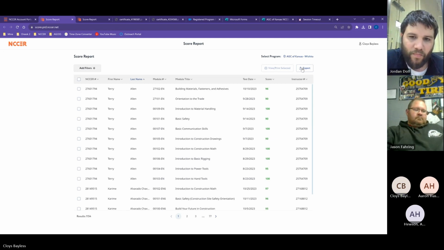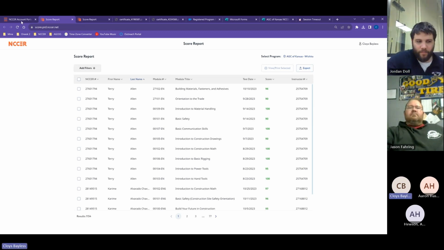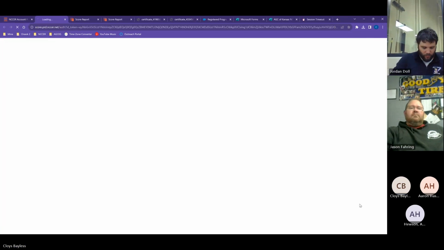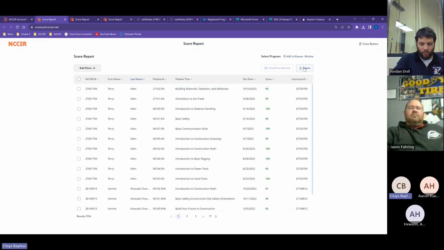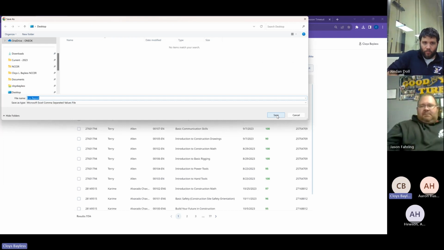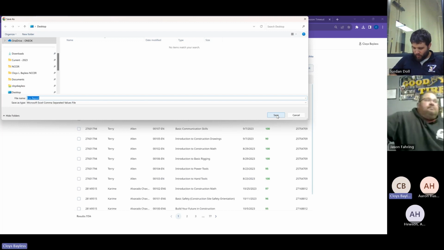Okay. If you also hit export for instructors, if you go to the score report under reports, training score report, and you hit export, it will come out with a spreadsheet with all this information. Then you can take that and input your grades, or if you have an LMS that will allow it to be uploaded, you can do that as well.